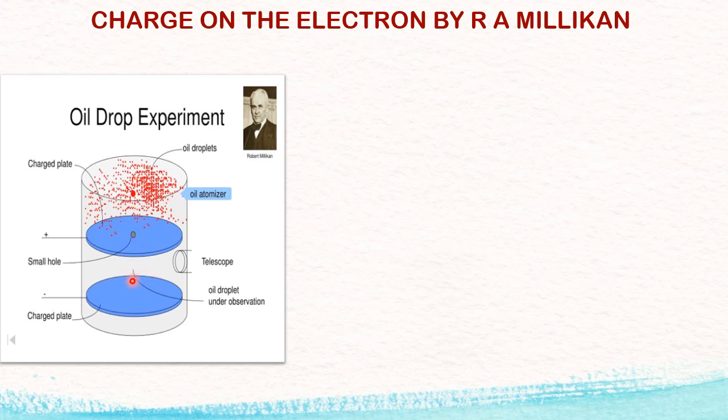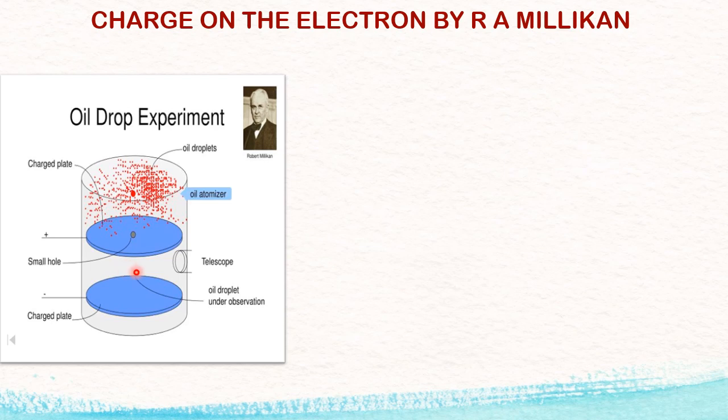If you compare the ability or the capacity of cathode rays and X-rays, X-rays are more powerful. That we are going to learn in the next discussion, where we learn different types of electromagnetic radiations. So X-rays are rays which have a very short wavelength. That means they are very powerful and penetrating radiations. So he used the X-rays. Using X-rays, he ionized the gas, thereby making electrons free, and these electrons stick to the oil drop. That means now oil drops are charged by electrons.